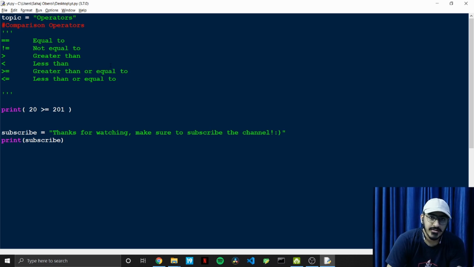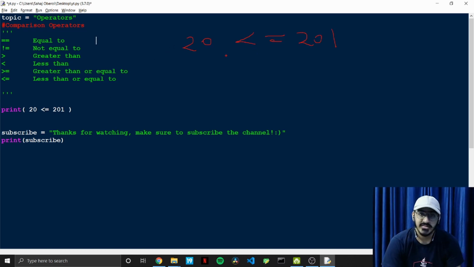Now the same thing applies for less than equal to also. Let me quickly tell you that as well. If I have written this, then what does it mean? It will first of all check whether 20 is less than 201 or not. In this case, this is a true condition.